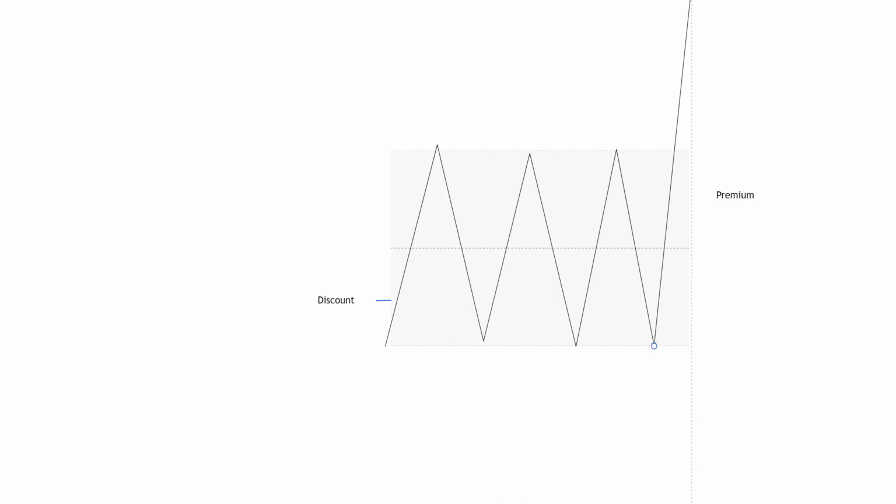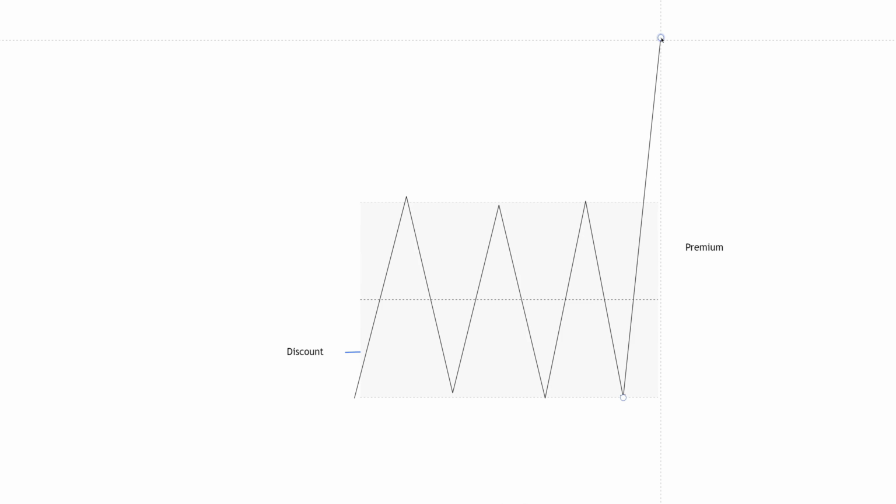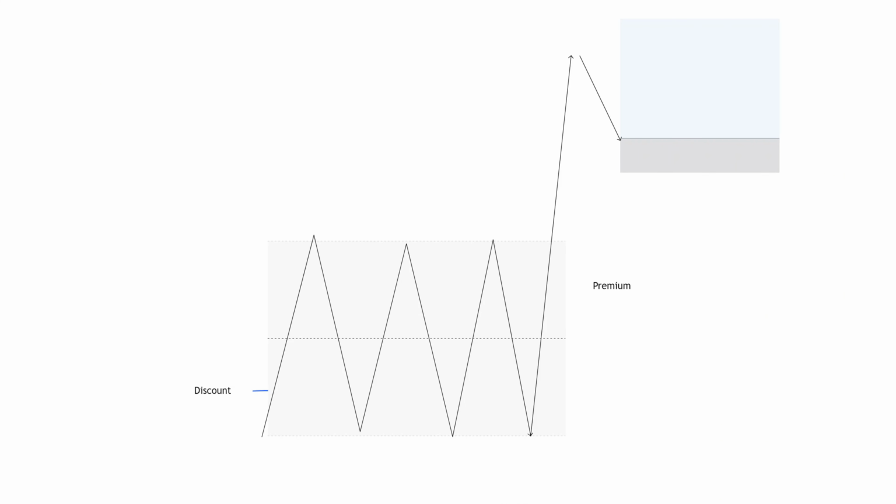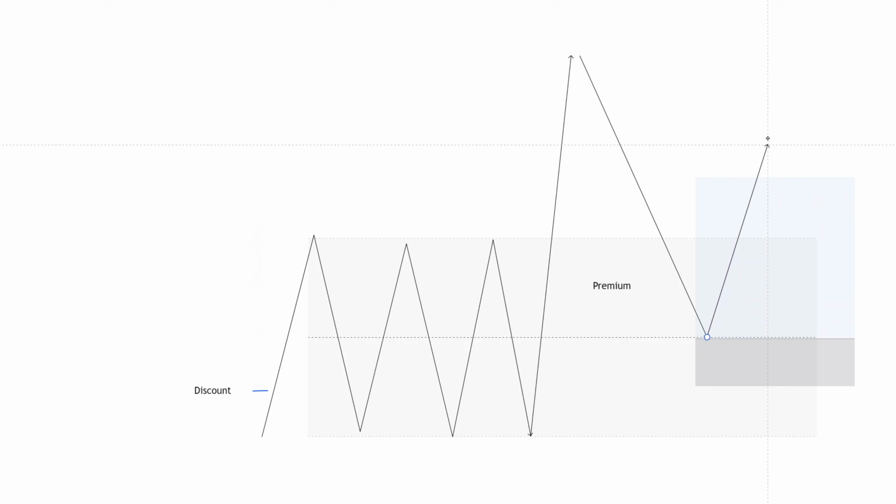Eventually, aggressive buyers will create an overwhelming imbalance between supply and demand, creating a rapid movement to the upside, breaking outside of this range, to search for more liquidity to absorb the demand. And this is what creates those demand zones. Now, we don't trade the initial breakout because this is where losing traders FOMO into long positions. Instead, we wait for price to return to this previous demand level. And then we look for our entry models to get long. And this is where the risk to reward will be on our side